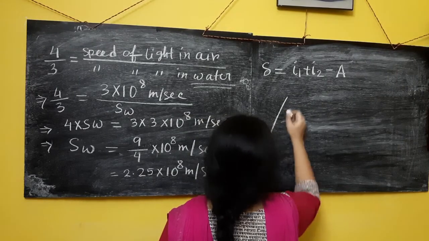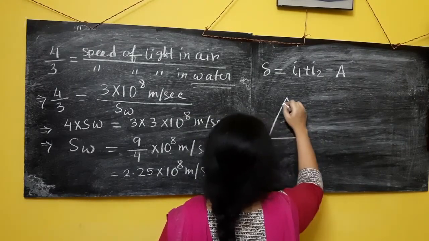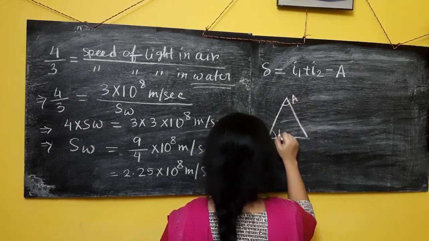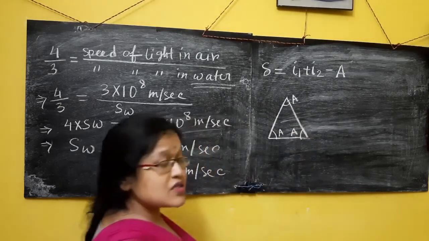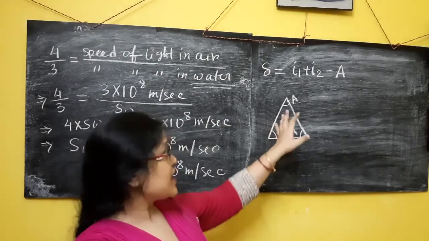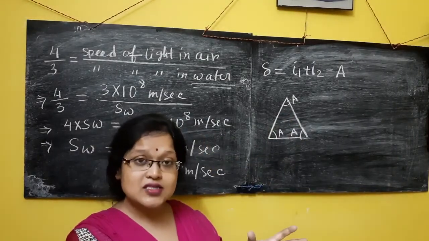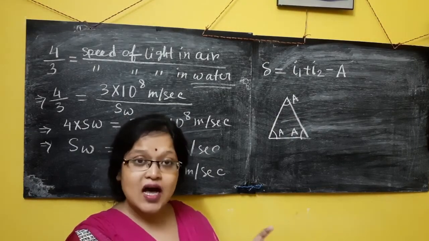Angle of prism means the angle made by the two surfaces, this is A. So this is called angle of prism. This is also angle of prism. This is angle of prism. Depending on my incident ray, I will take any one angle as my angle of prism. If it is an equilateral prism, all the angles are the same. Otherwise, there should be a specification of what the angle of prism is.